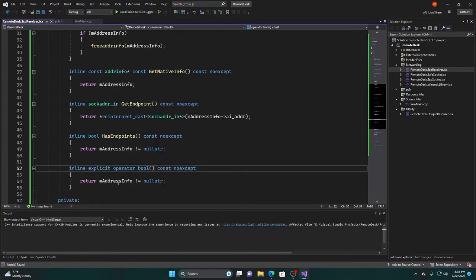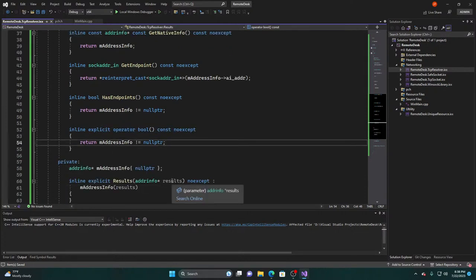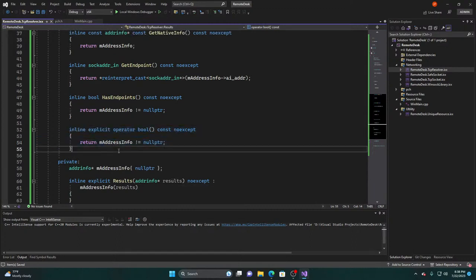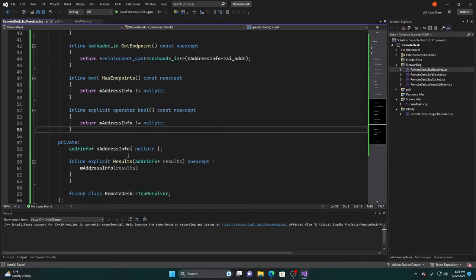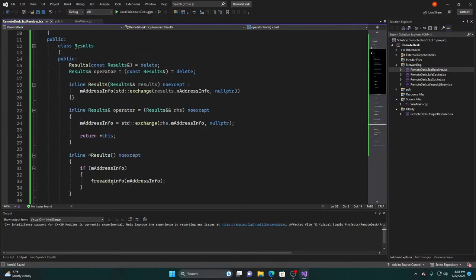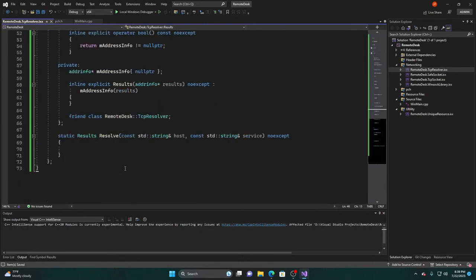It's just an operator, but you have inline, explicit, const, noexcept. Don't worry about that. Just either copy the code or reuse this whenever I post it. This basically just prevents implicit conversions to bool. That's all it does. So now that we have our address info and we have a way to check it,